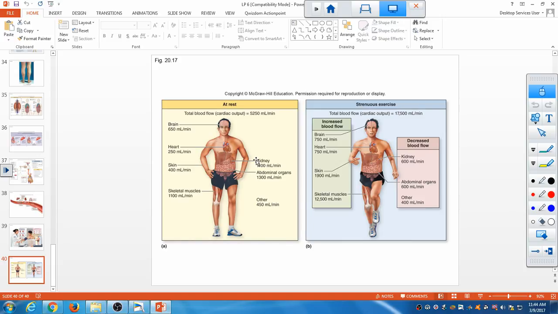Blood enters what chamber of the heart? Right atrium. Passes through what valve? Tricuspid valve into what chamber? Right ventricle. Then out the heart to the lungs through the what valve? Pulmonary valve. Then we go to the pulmonary trunk, pulmonary arteries, bring blood back through the pulmonary veins, the back